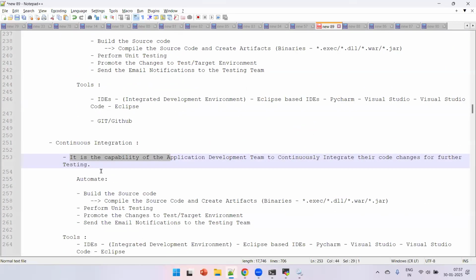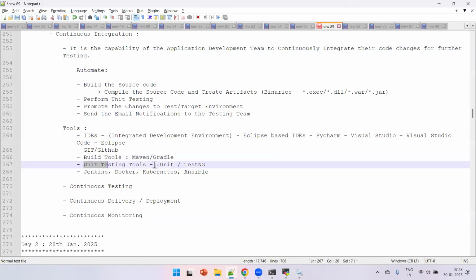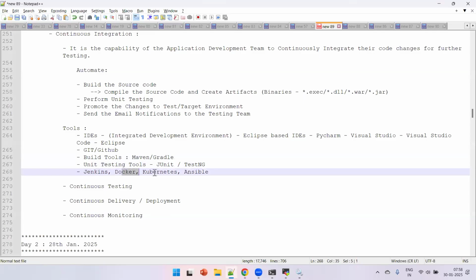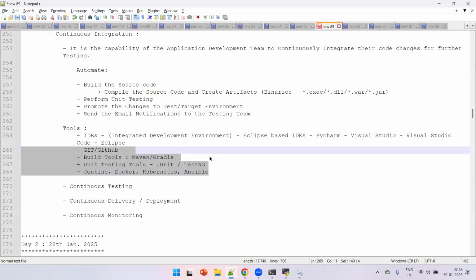right? Here you can see there is a build tool like Maven. There is a unit test tool called JUnit, Jenkins, Docker, Kubernetes. All these things are the tools that you want to install on the machine. If you want to install Git, directly you can install it. It does not have any prerequisites. But if you want to install Maven,